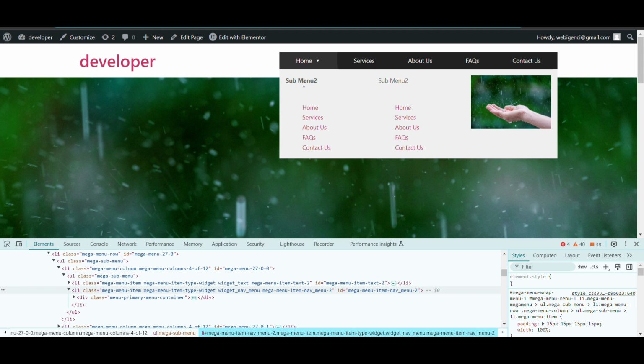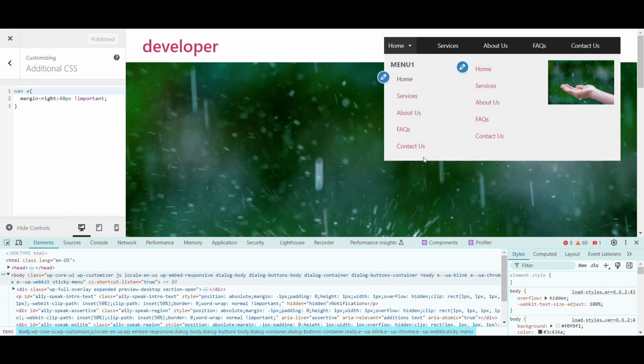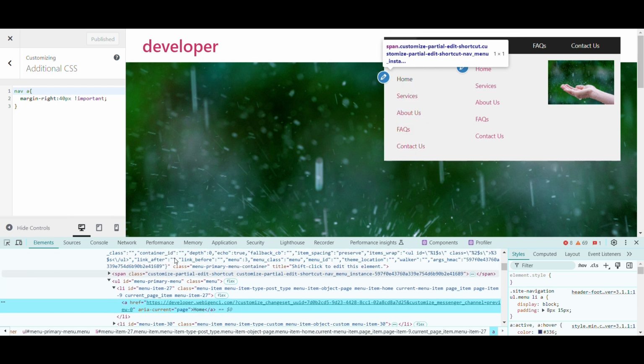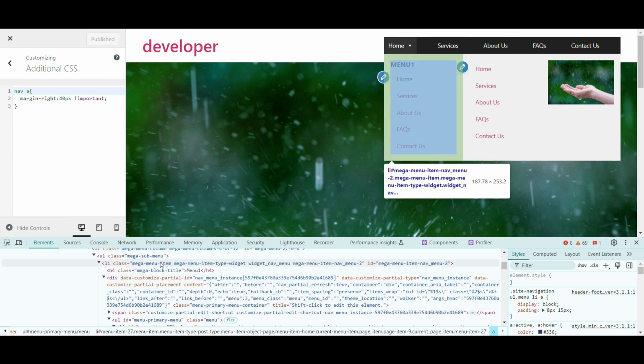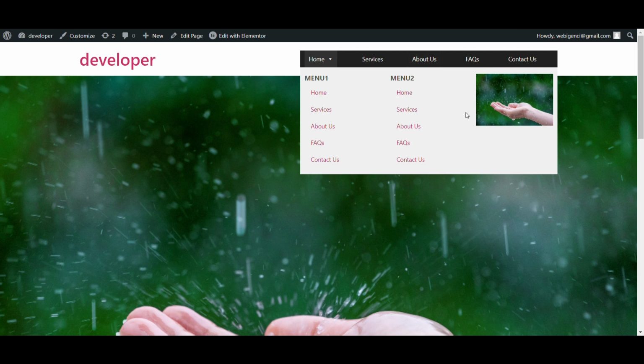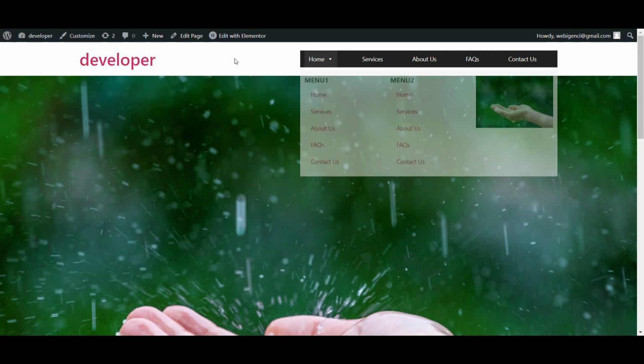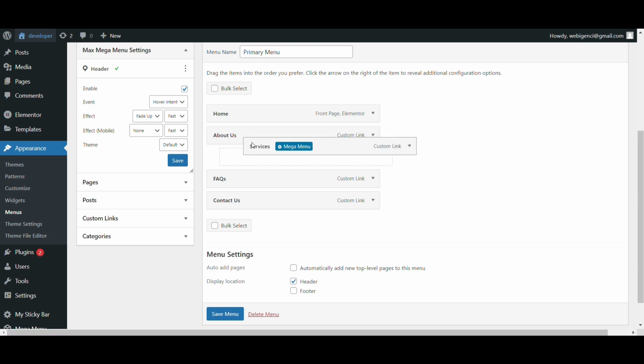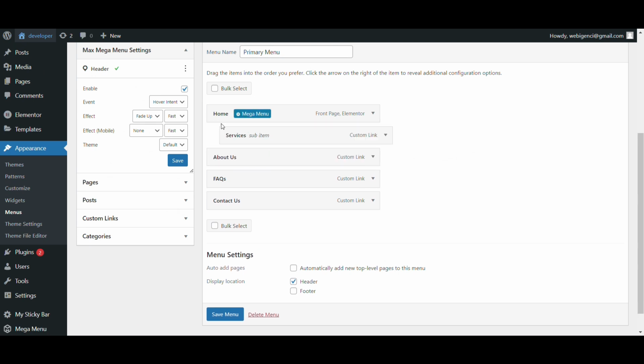It's not that good, so we'll style it. Go to custom CSS, click on spacing. We will remove the spacing as per requirement if we want. You can see 2 menus are showing, and you can remove the spacing as per requirement. You can check the alignment. This is a simple mega menu. You can add any type of content using custom HTML, anything you want to add. You can add it with the mega menu, simply added. You can add it on any section, even in a sub menu if you want.